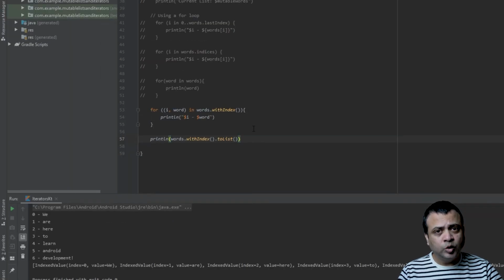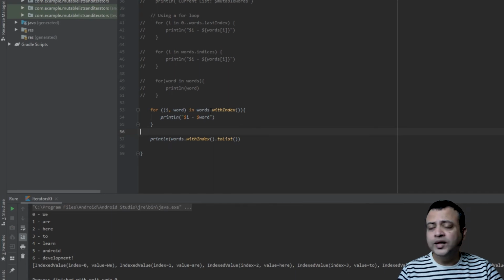As is visible in the output, the withIndex method helped us use the index as well as the value on that index within our for loop. On the last line, you see printed the entire collection that is returned by the withIndex method. And as you can see, the first index is 0 and the value on that index is v, which is exactly what we expect. What we are doing in the for loop is called destructuring.